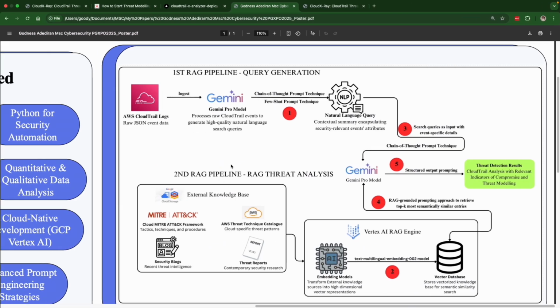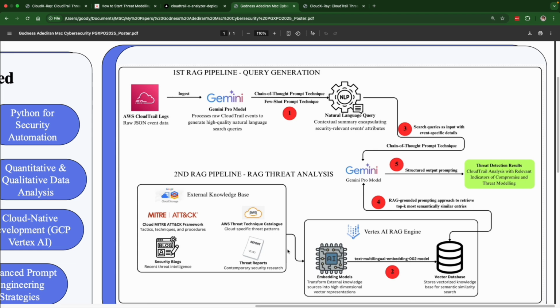I'm going to show how I integrated an interface to chunk that. But basically, the entire project is to improve post-incident CloudTrail analysis and also to leverage RAG, which helps the LLM where it's limited in most recent information or knowledge base. So with the help of this external knowledge base, which is stored within a RAG database,